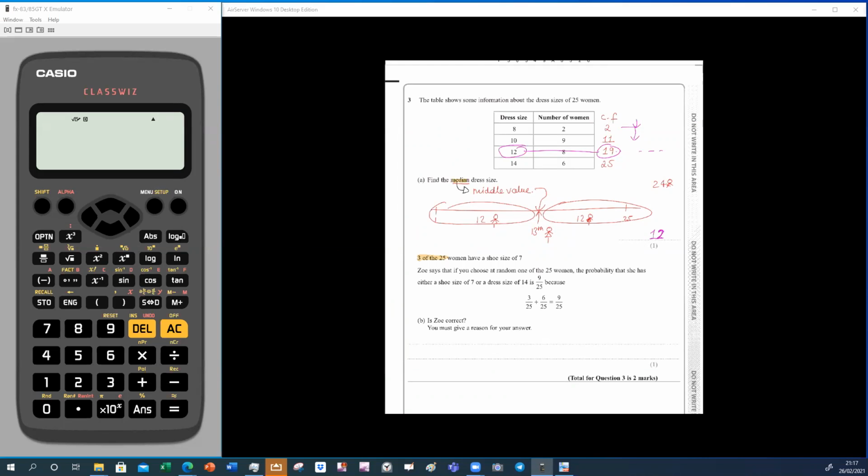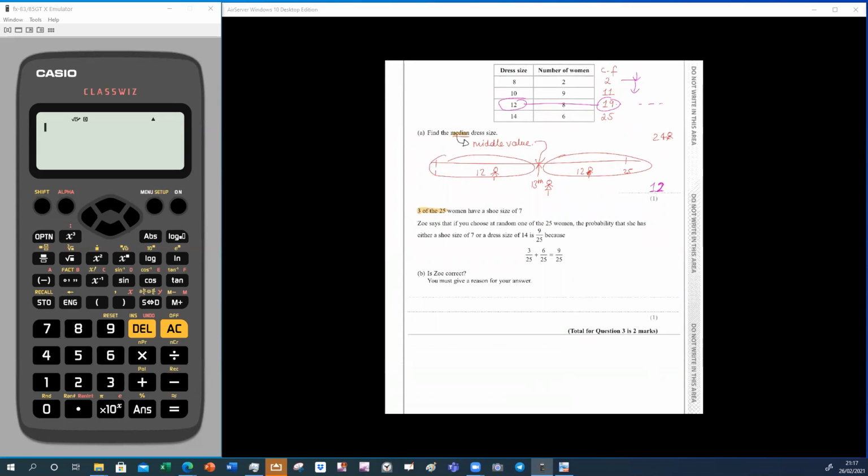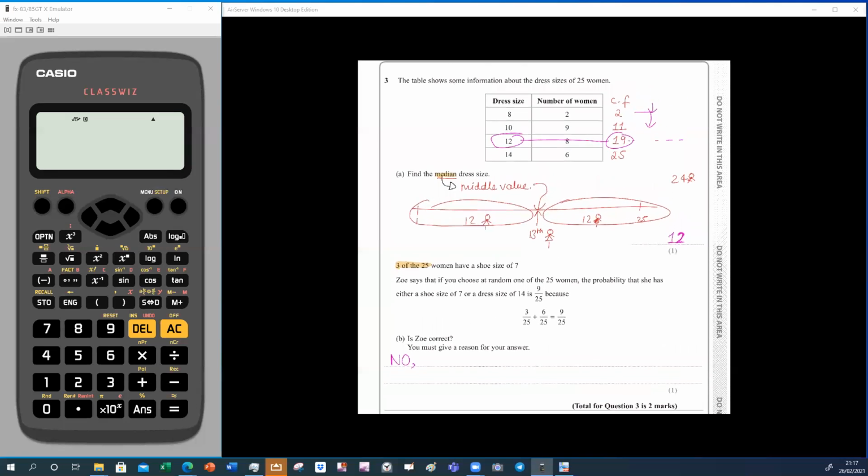So we say, first of all, is Zoe correct? We said no. No, she's not correct. Why? Because the two things, shoe size and dress size, are not